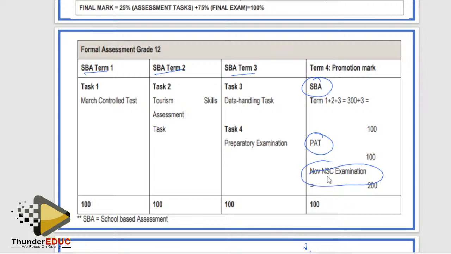You should know the final mark on your statement, so that if it goes down too much, you know that maybe there's something which is not right. Maybe you can apply for a remark. Before you apply, don't just apply for a remark like that, wasting your money and time. No, please first know: how much do I need? How much did I get? When you wrote this paper, we do this memorandum so that it can guide you to know that, okay, if I can get 130, how much do I need in paper 2? Maybe I need 120, so that I can make a distinction.